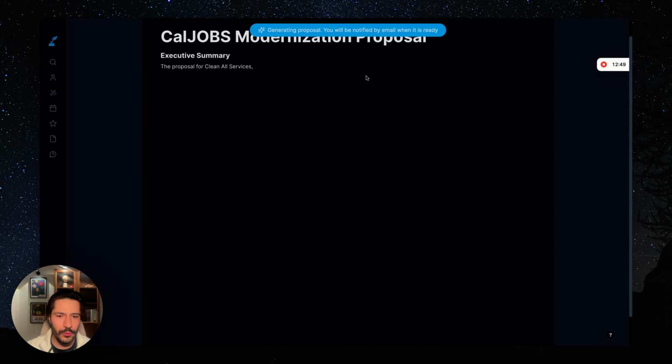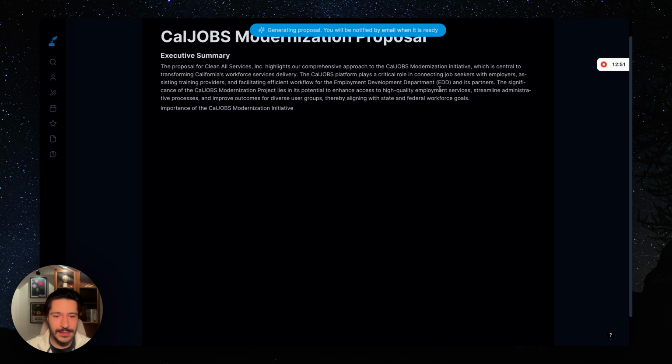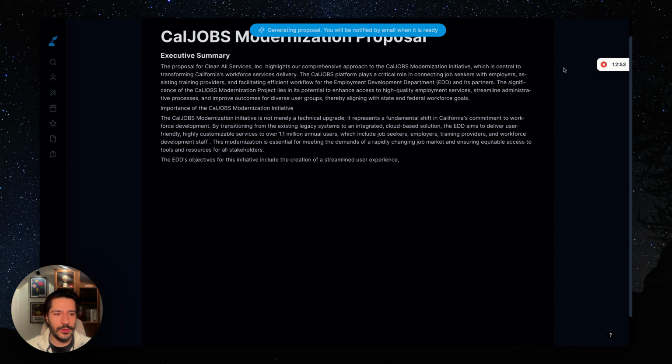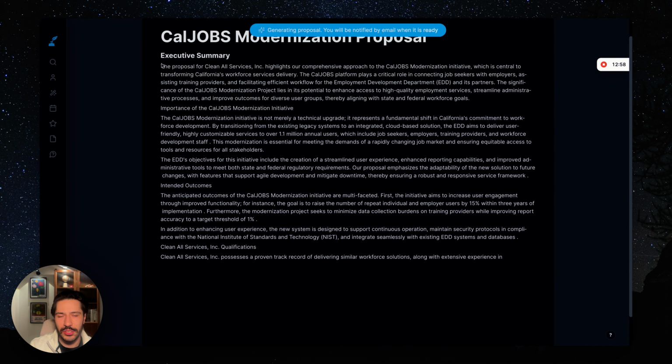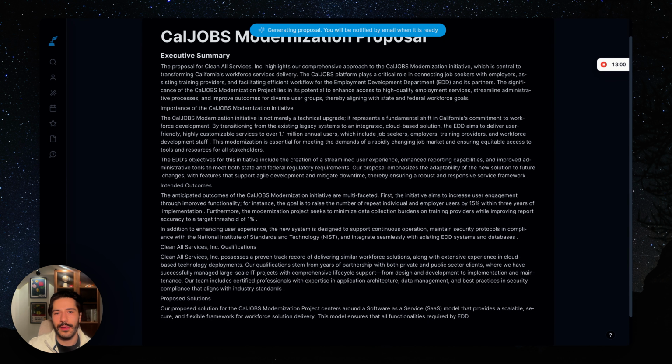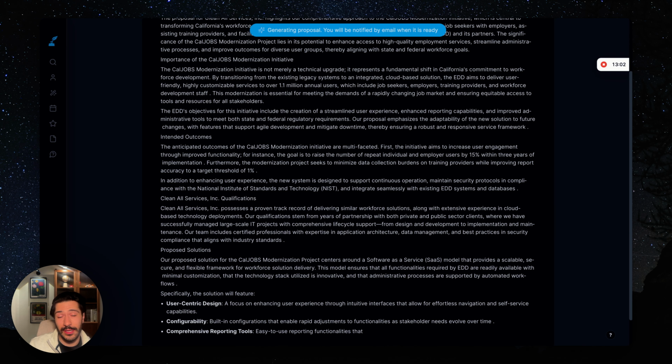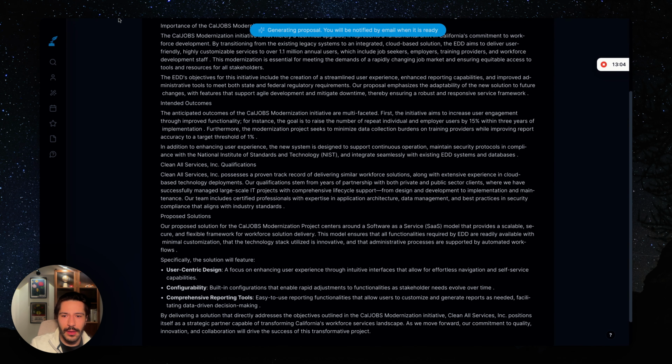And you'll be notified by email once it's done, so you don't have to wait for it. And the nice thing about this is that you will get an AI chat as well with the proposal. So you could highlight sections and ask it to edit it, modify it, improve it, and so on. So it even makes editing a lot easier.